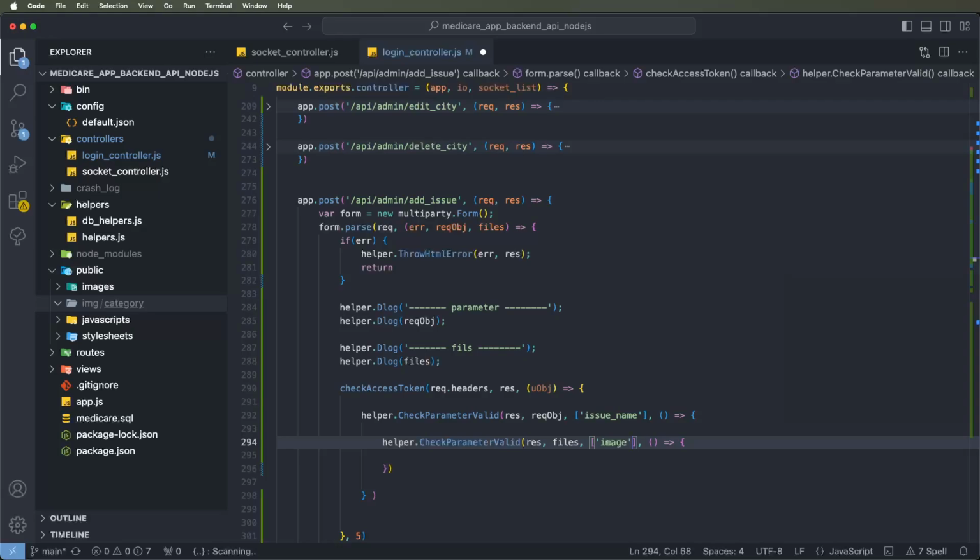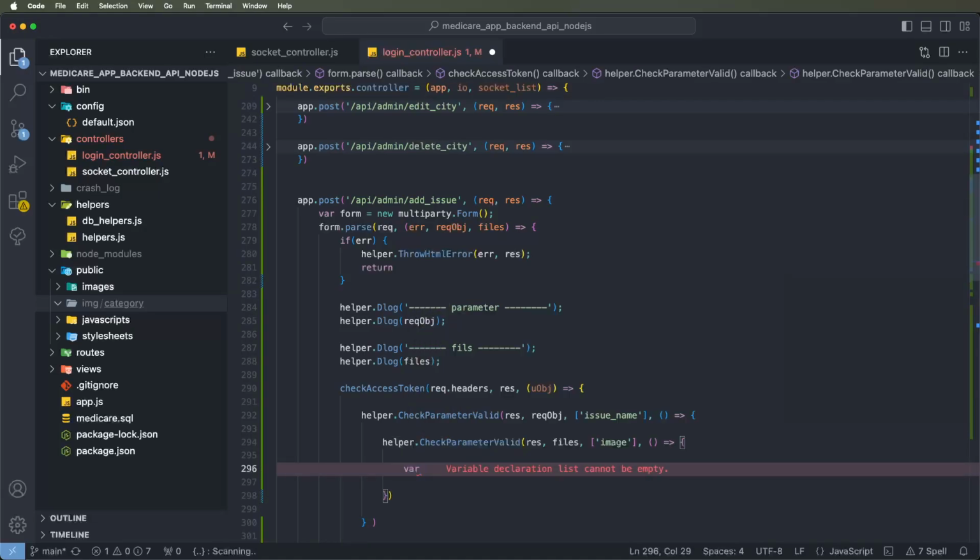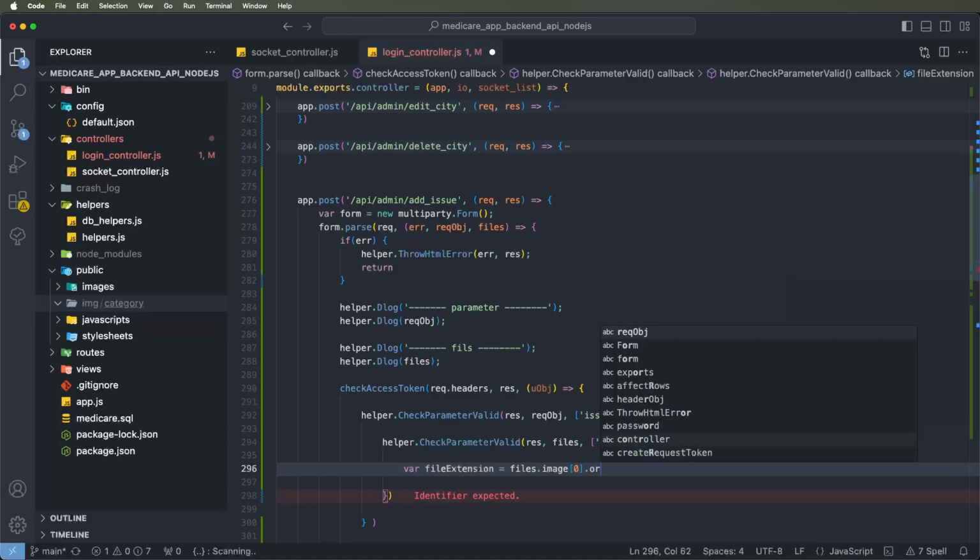Now we need to write down the extraction of the file extensions and file names. First of all, we need to write down the file extension. We need to write extension is equal to the file, get the value variables, get the image get of 0 value, and we need to check the original